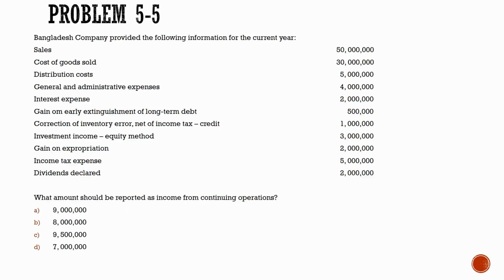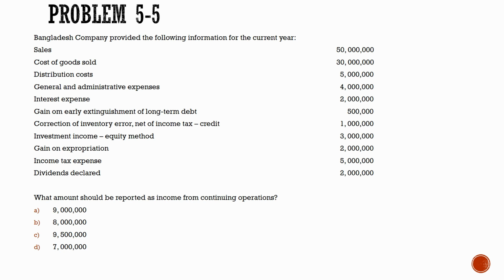Next, we have problem 5-5. Dito ang nahanap ay ang amount ng income to be reported from continuing operations. So, tingnan muna natin yung problem. So, Bangladesh company provided the following information for the current year. 50 million sales, 30 million cost of goods sold, 5 million distribution cost, 4 million general and administrative expenses, 2